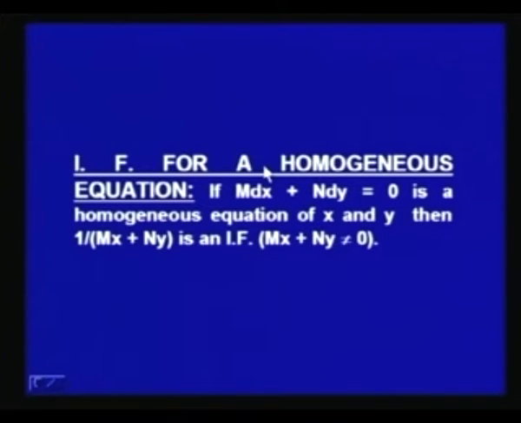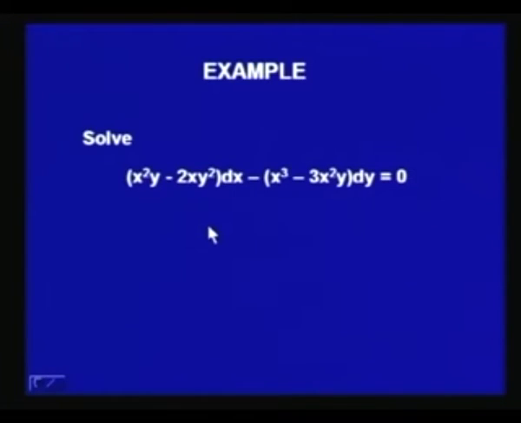Now let us find the integrating factor for a homogeneous equation. Let us recall that a homogeneous equation is one where dy by dx is equal to a function of y over x. So if m dx plus n dy equal to 0 is a homogeneous equation of x and y, then it follows that 1 over mx plus ny is an integrating factor. That is, we multiply the equation m dx plus n dy equal to 0 by 1 over mx plus ny, provided mx plus ny is not equal to 0,